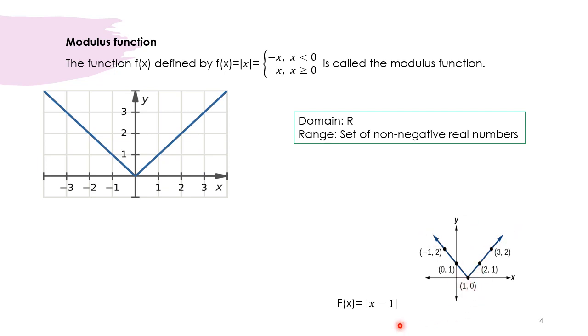Okay, so here also you can see the domain of the function. X can take any value, right? So the domain of the function is the set of real numbers, and for the range, again you see the graph being V-shaped and it is above the x-axis, in the positive direction of the x-axis, and it can be 0 also. So again the range is the set of non-negative numbers.